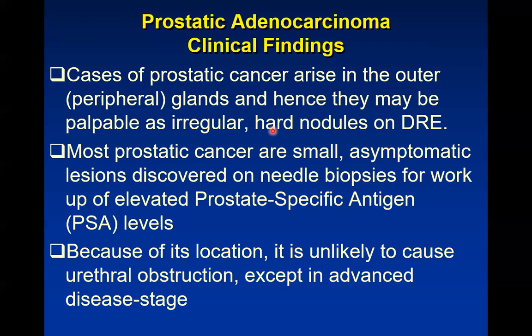If it has spread from its common location to the rest of the prostate, engulfing the transitional zone, correct? If it's posterior, if it's actually still small and has not really spread throughout the prostate, then you will find out that it will not cause any kind of symptoms related to urethral obstruction. But if it has spread outside that region, engulfing the rest of the prostate, that's when you will find out, that's when the patient is going to present with, again, urethral obstruction symptoms similar to what you find in